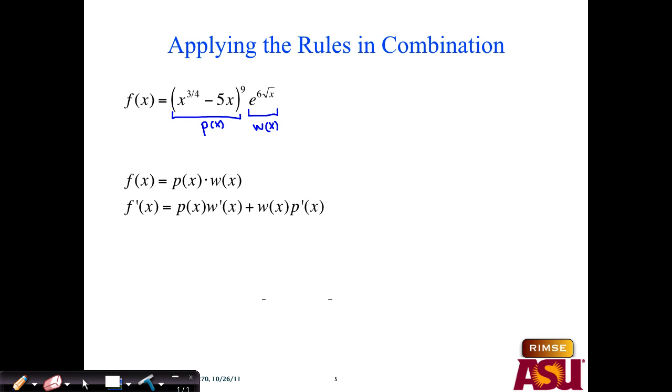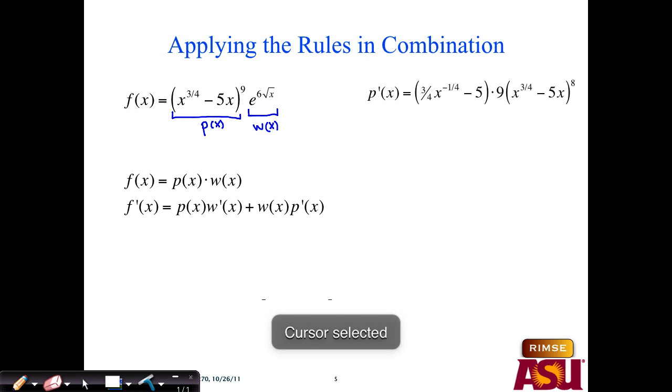P of x is a power function. It's a ninth power, but of some other power functions, or, well, not a binomial because it's got a fractional exponent, but of a two-term power function expression. Two power functions subtracted, I suppose I should say. Either one on their own doesn't look too bad, but neither is extremely simple either. So what about